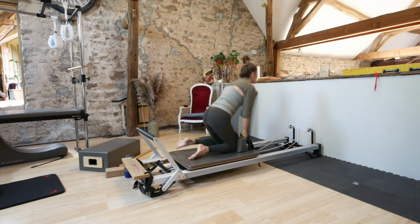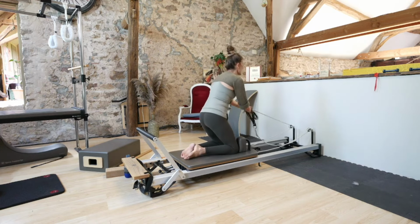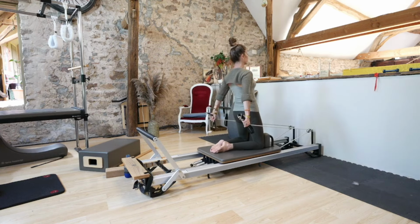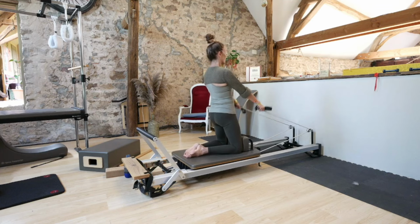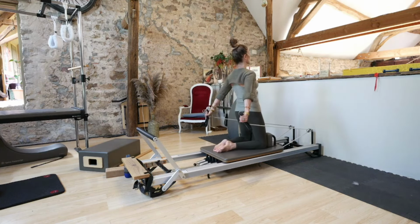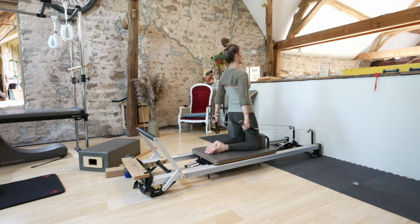Good. Now we are going to be into a kneeling position, and we are going to fold the straps to prepare for chest expansion. So here it's very important to extend your hip joint. Do not allow to flex your hips. Creating a long, long line from knees, hips to shoulders,